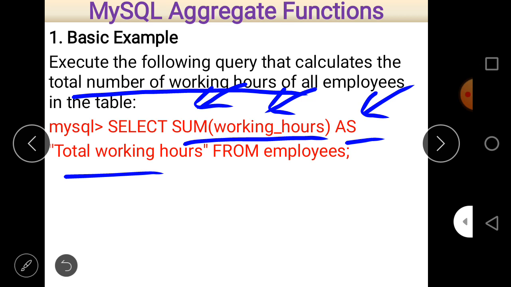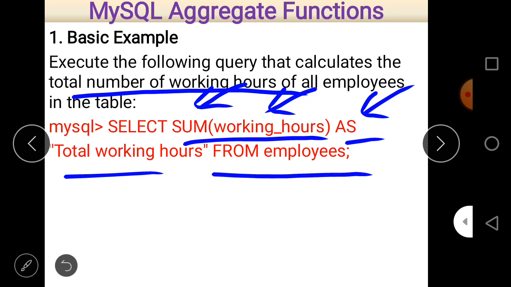So whenever a function is used, we give an alternative name to it, which provides a better look and feel. So here as is used as a keyword, and total working hours provides an alternative name to sum working hours. And then as we know that the table name is employee, just write from employee.